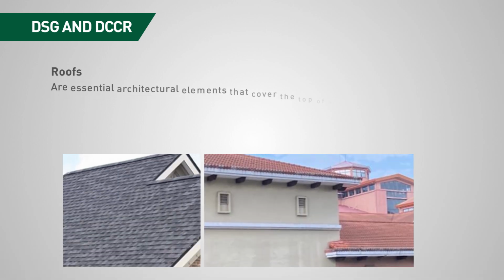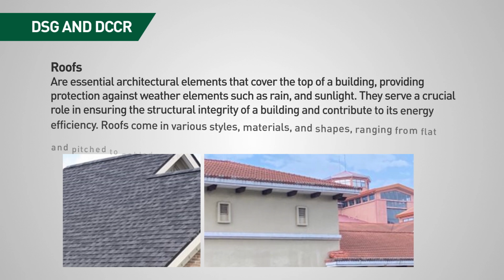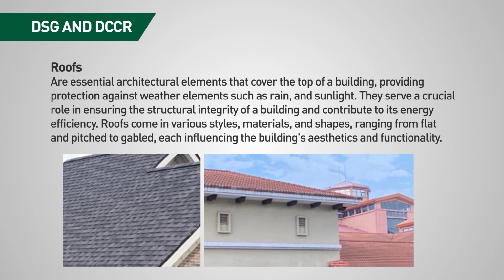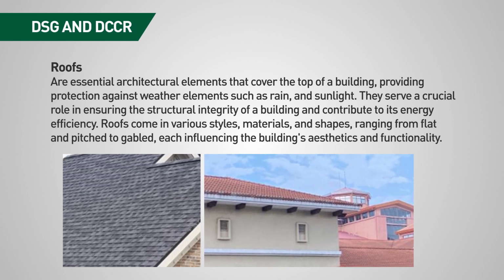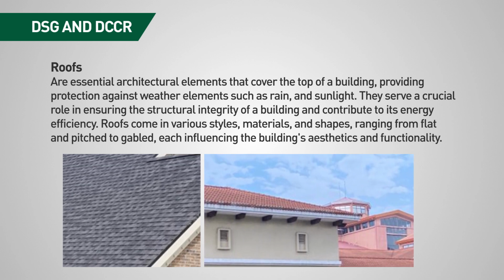Roofs are essential architectural elements that cover the top of a building, providing protection against weather elements such as rain and sunlight. They serve a crucial role in ensuring the structural integrity of a building and contribute to its energy efficiency. Roofs come in various styles, materials, and shapes, ranging from flat and pitched to gabled, each influencing the building's